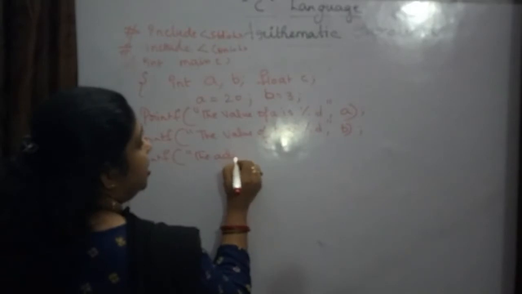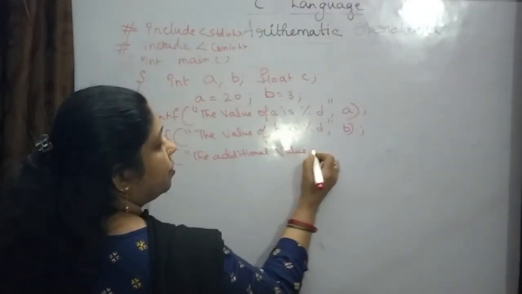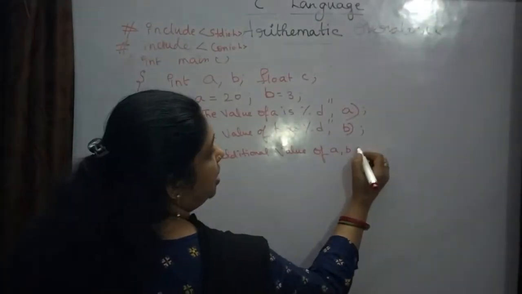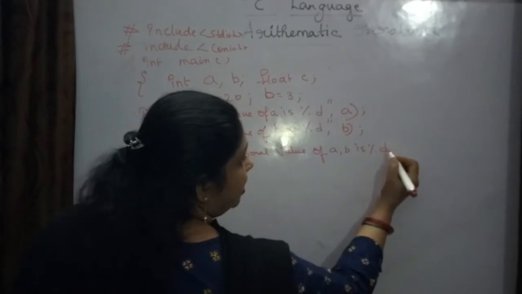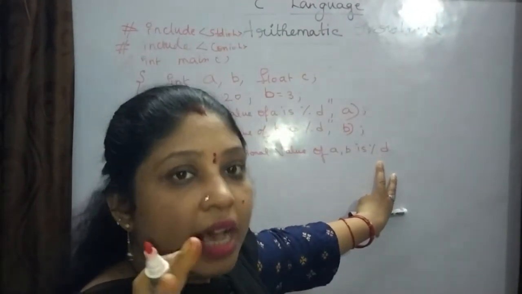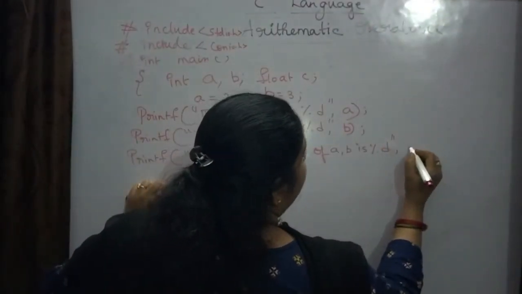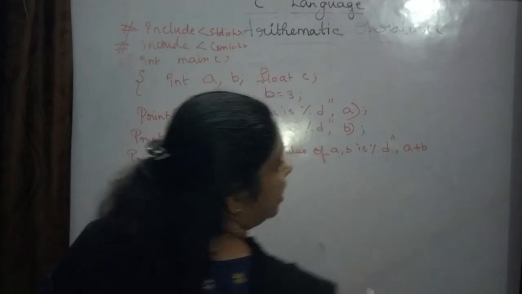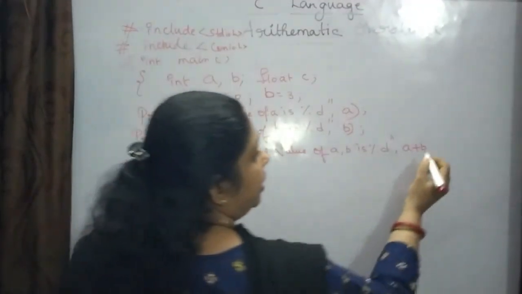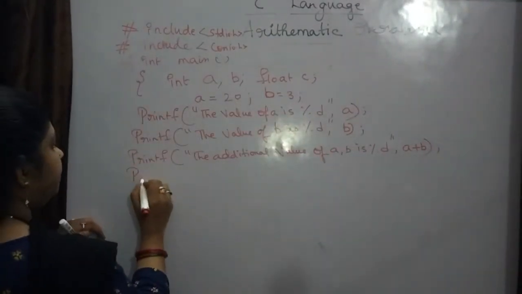The addition value of A and B is %d. You know why I am writing %d here. %d means the answer will be displayed over there. Close it, comma. Now what you are going to do, already in examples I gave A plus B. So directly I am adding there only. I am giving there only. Close it. Okay. Now printf